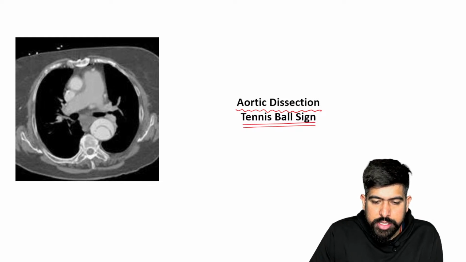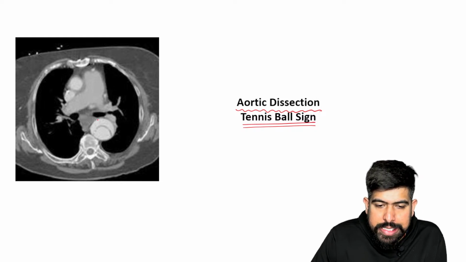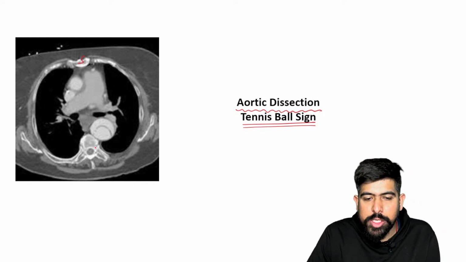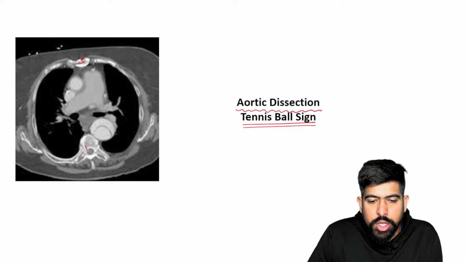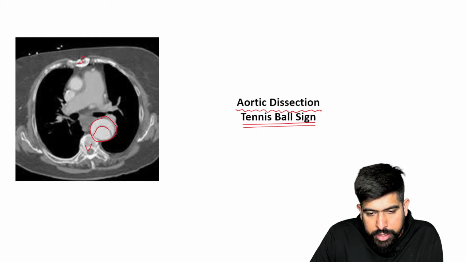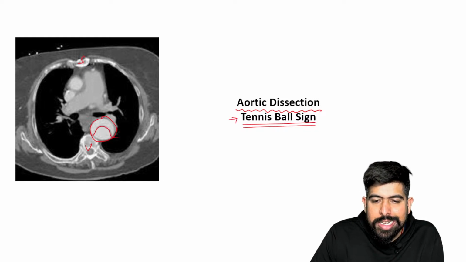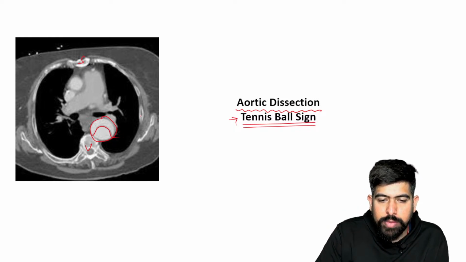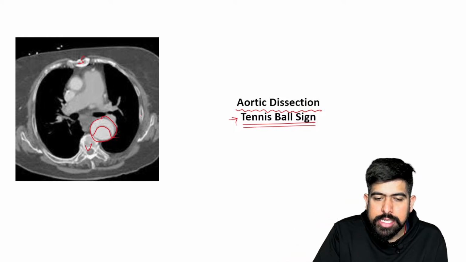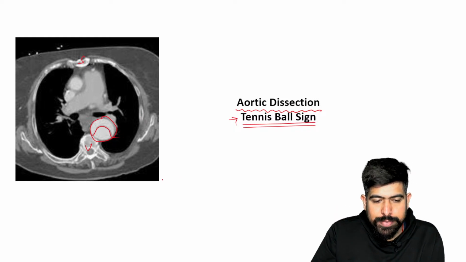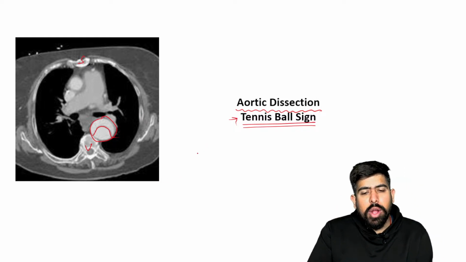So in the image of aortic dissection, you can see that this is your sternum. I already showed you in the image, right? And the question had the same image, right? This is your vertebrae, and this is your aorta. You can see the aorta is having the dissection here. Yes, it is splitting here. So this is your tennis ball sign. It is looking like the same tennis ball, right? Our tennis ball has white strips, right? The green color is the ball, and we have the strips over it. So it's looking the same. Okay, this is the tennis ball sign.